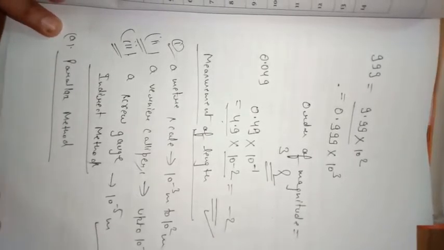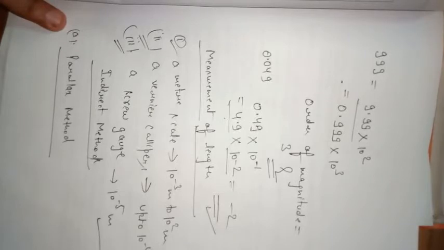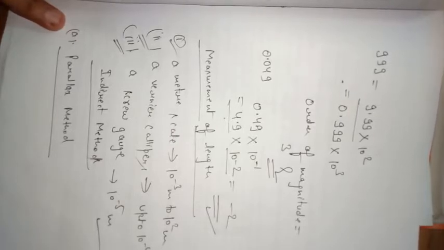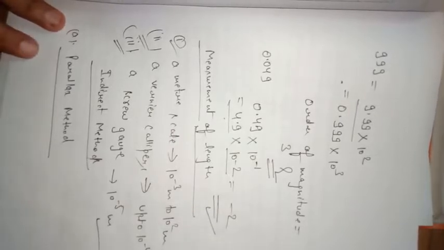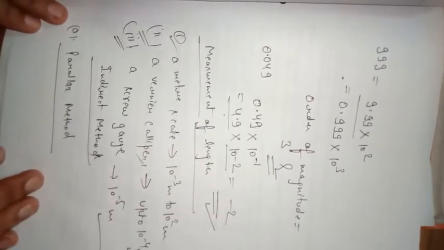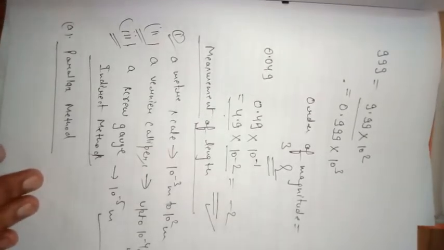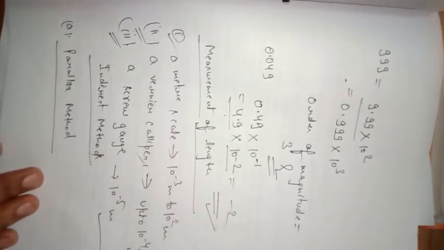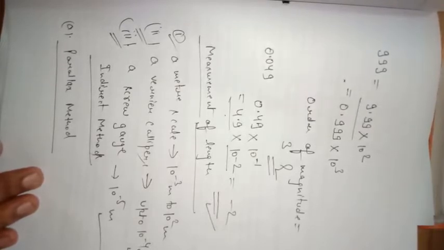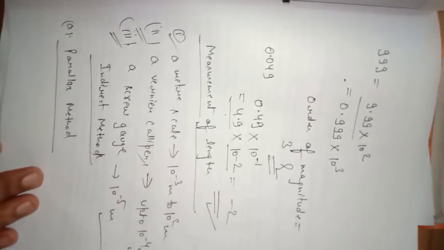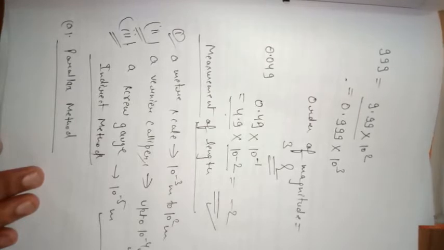What is parallax? Have you observed that whenever you watch an object from the left eye or you watch the object from the right eye, there is a slight lateral shift in the position of that object. If you haven't noticed, just do this activity right now. Firstly, keep one eye open: by your left eye you are watching it, and another time you are watching this notebook by your right eye. So you will find that when you watch it from the left eye and when you watch it from the right eye, there is a lateral shift and this will form one angle.